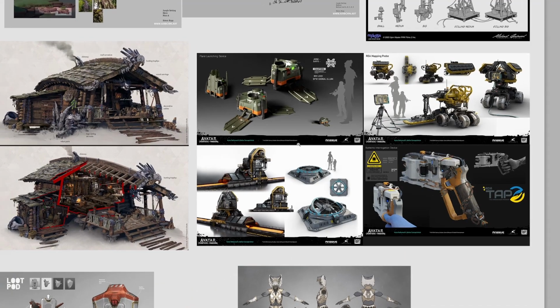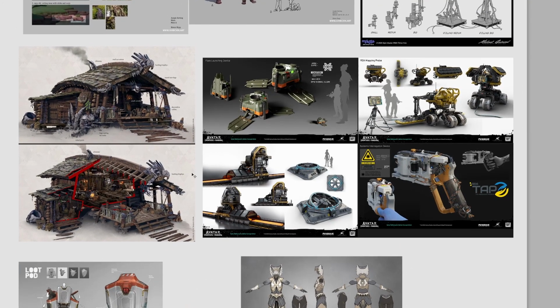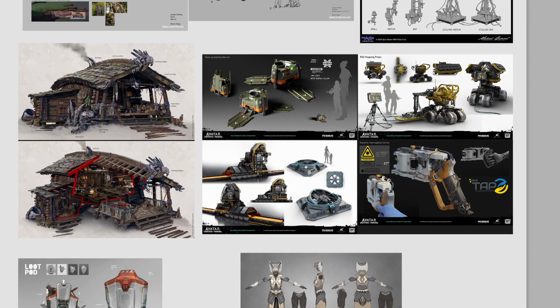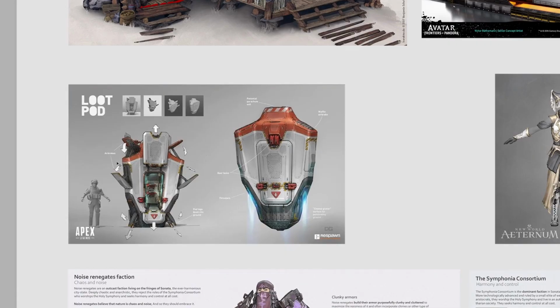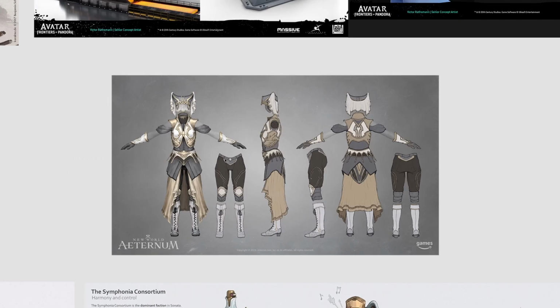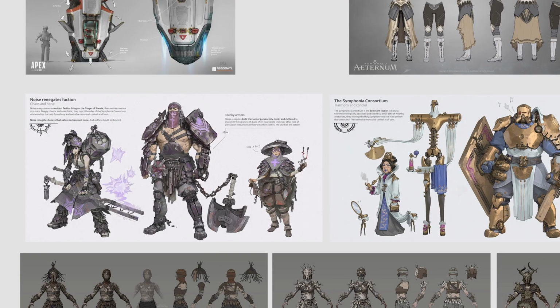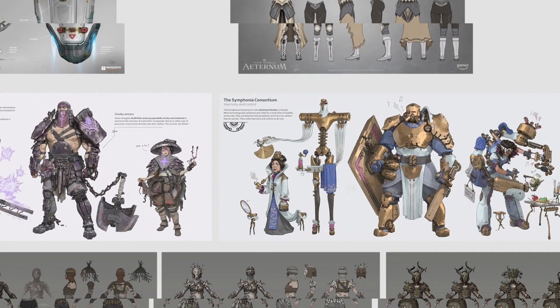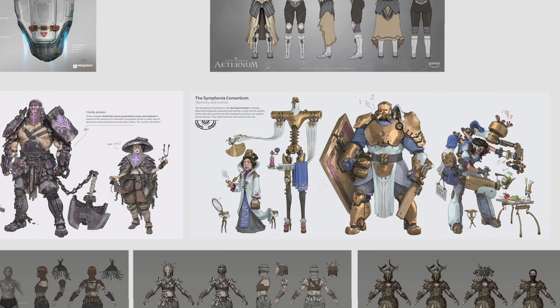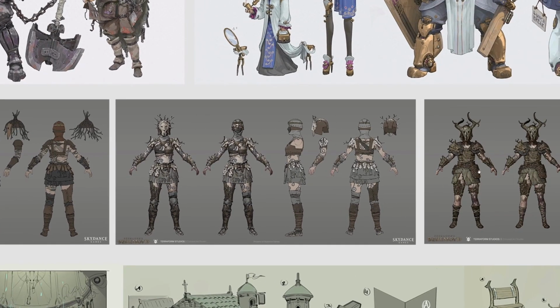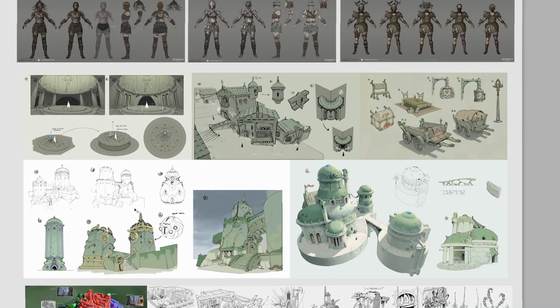So these examples here, much more tailored towards communicating with a 3D team, but solving all 3 pillars of functionality, narrative, and aesthetics, and providing a blueprint for the rest of production. Same here, with some notes on functionality and how the object works, orthographic turnarounds with cutaways to clearly communicate the design to the modelers, a faction style guide for other designers and the 3D team to reference when they're creating characters and objects that relate to a certain faction, iterations on a theme to present options,